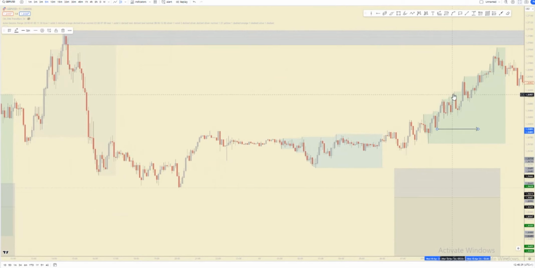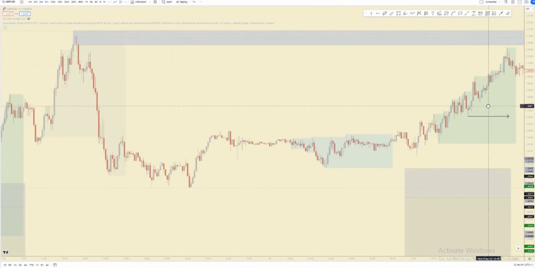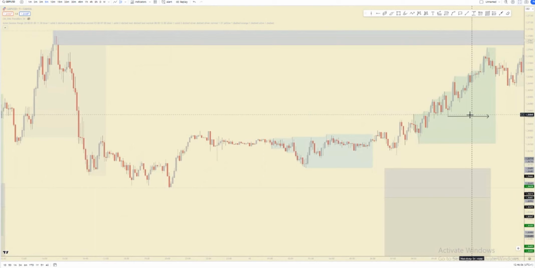Low. This was when price broke it with a bodied candle. So my attention will now shift to this one. Then after price broke this one, instead of giving me a structure shift, the attention will now shift to this one. And then it made a low and then a high, breaking it. So the attention will shift to this one.